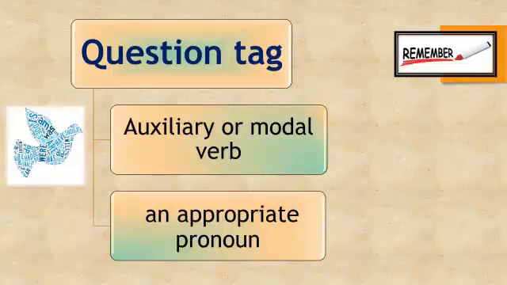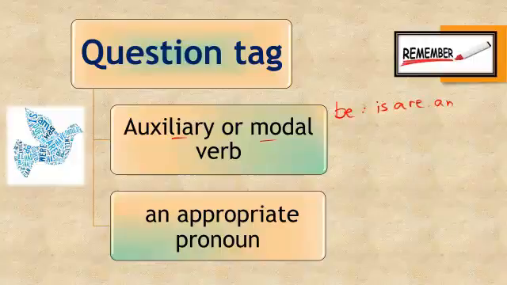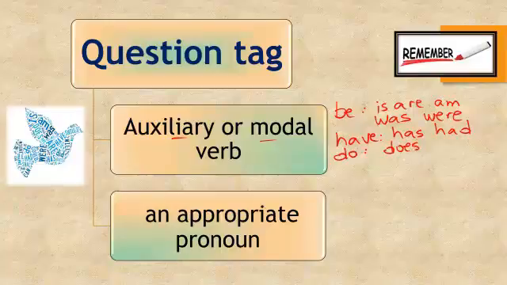How to form a question tag? It's very simple. We use an auxiliary or a modal verb plus an appropriate pronoun. The auxiliaries be: is, are, am, positive and negative, present or past, was and were as well; have, has or had in the past; and do, of course, doesn't or does, and did or didn't; and also the modal verbs can, could, should, will, must,